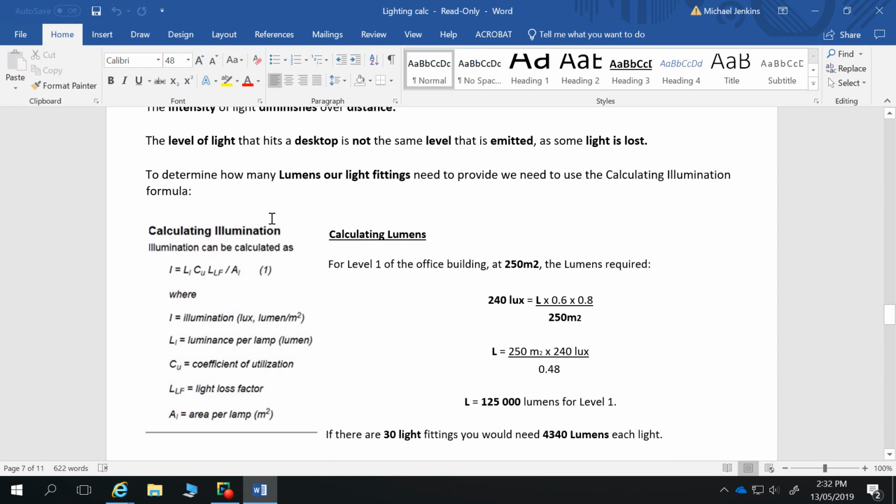To achieve that, we look at the illumination calculation formula, where illumination equals lumens per lamp, so let's say we've got our one lamp, we get our lumens per lamp, multiplied by our coefficient of utilization, so how much of that light can be used, multiplied by our light loss factor, which is divided by area per lamp. To make that simple for you,